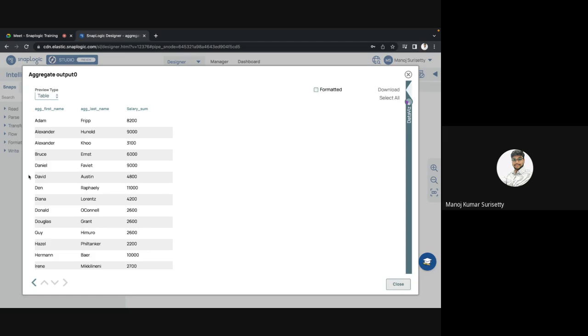Likewise, there are a few snaps that we use most of the time, like group by N, group by fields, aggregate snap, unions, mappers, routers, filters, right? You will be seeing them in every other pipeline,